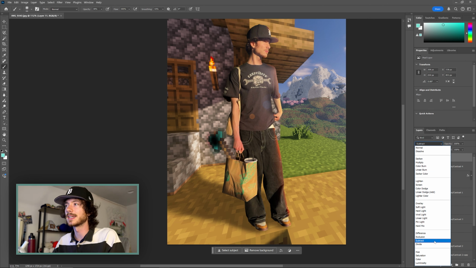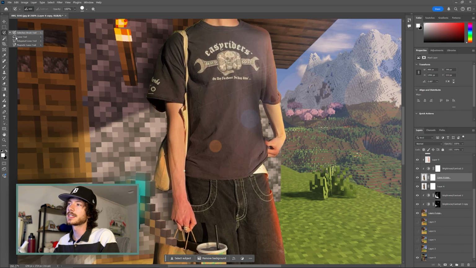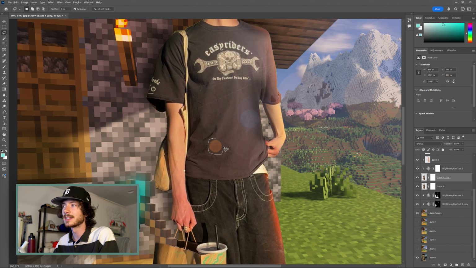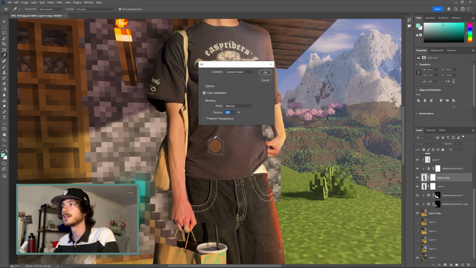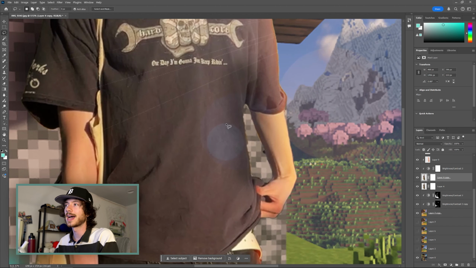I also went through and changed the blending mode of that layer to linear light. I thought it merged well with the underlying screenshot of that 3D render, and it did. I wanted to make some adjustments, so I went through some of these lens flares and I content aware filled them. If you don't know how to do that, you press Alt F5 when you go around a selection,